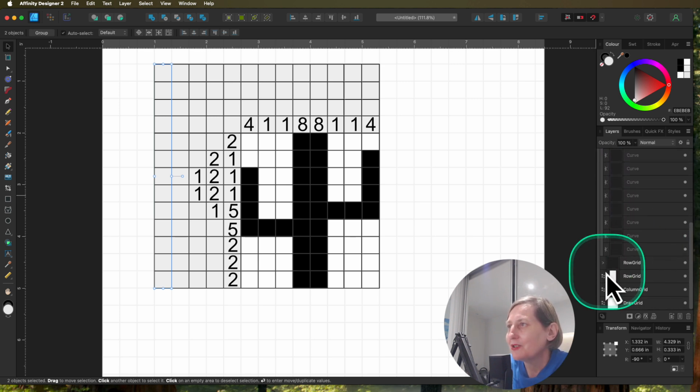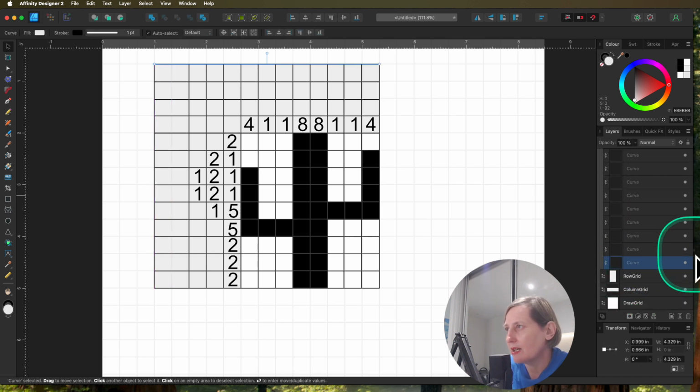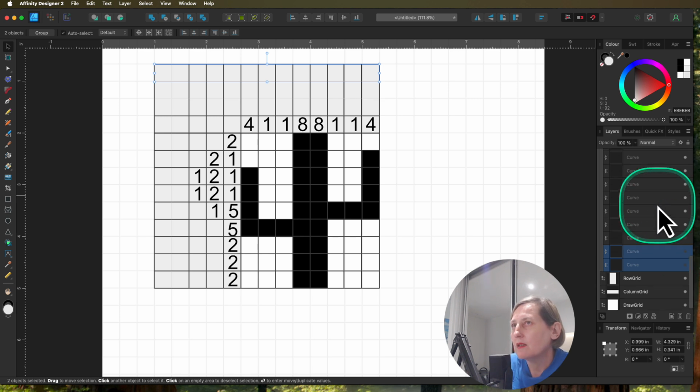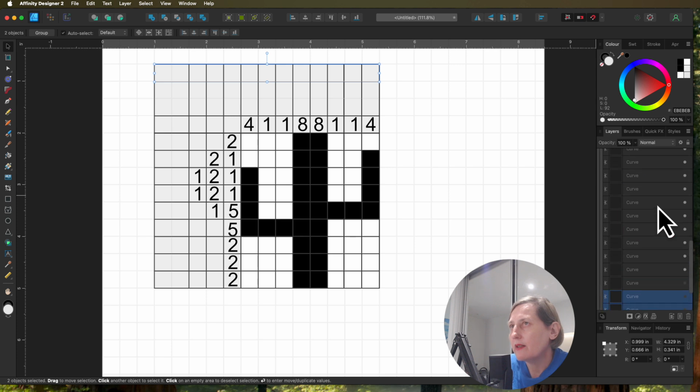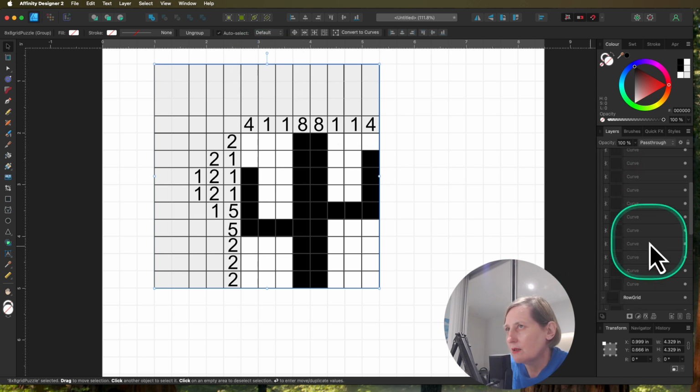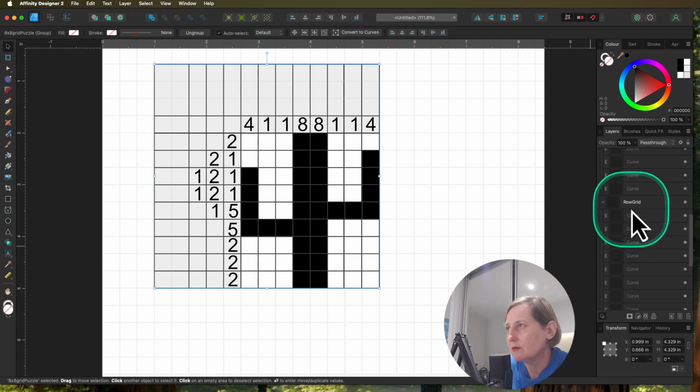and then go into your row grid, and they were at the top, I think. Yeah, again at the bottom, I mean. So take those, and I think there's one more. That's fine. And then what I'm going to do is I'm going to click on that grid. In fact, no, I'm not. I'm going to click on